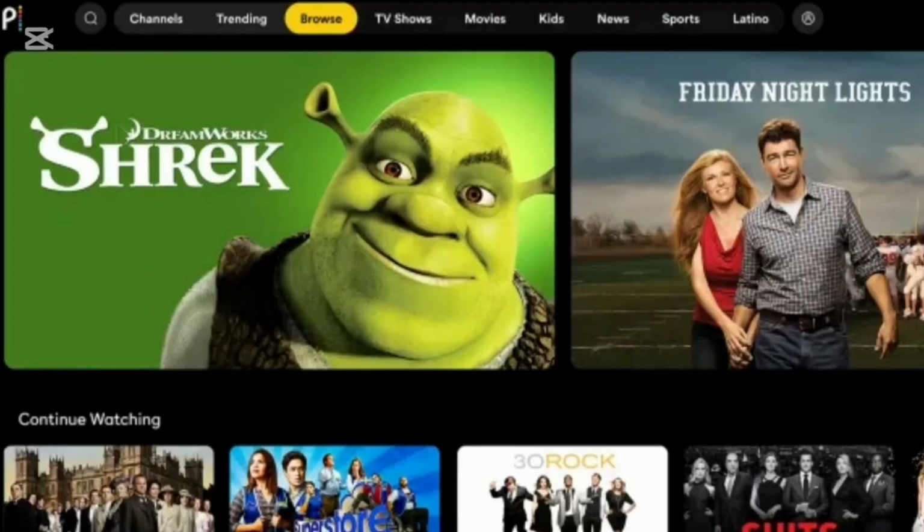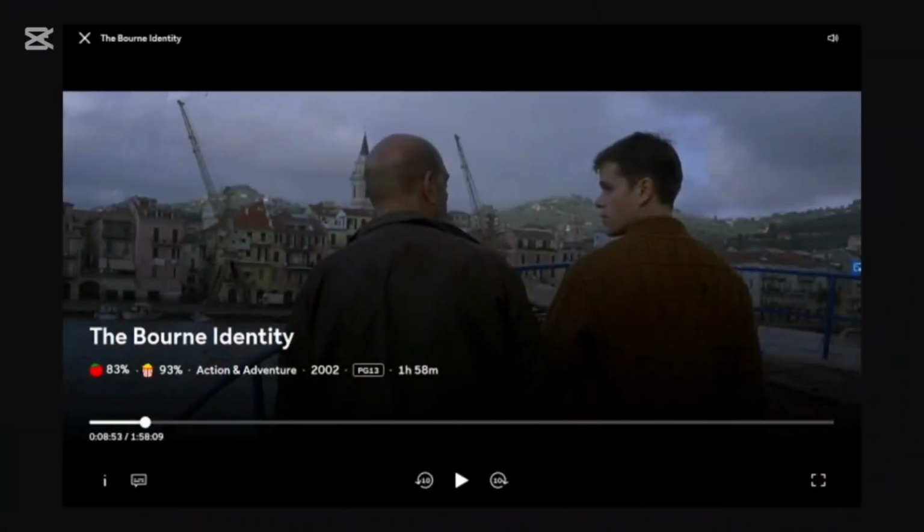So in order to remove those continue watching shows from this continue watching section on your account, you're just gonna head over and directly tap on the account. So unfortunately, we don't have a direct feature for removing continue watching from the Peacock application, but what we